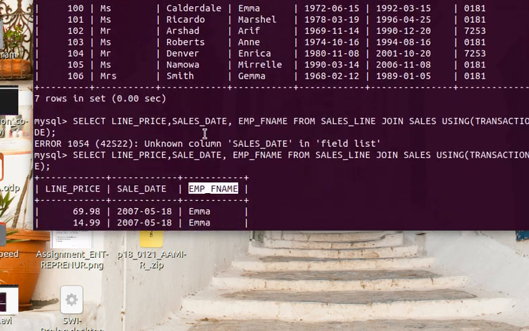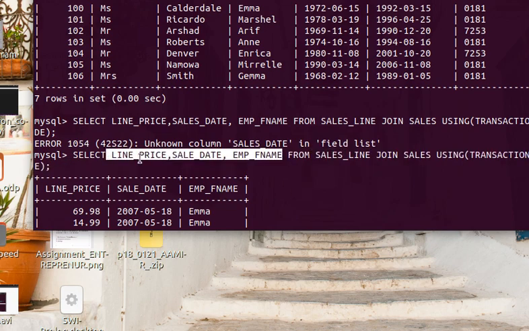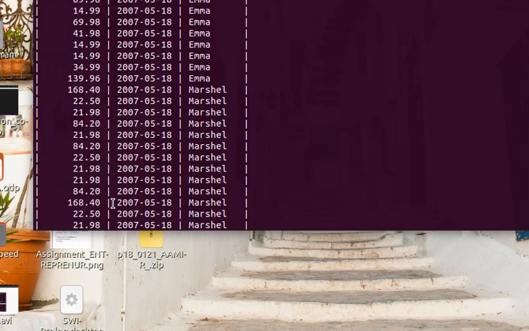What is our query? I will explain this. So select line price. This line price is from one table, sales date is from another, and employee first name is from another. First we show this line so it will fetch that data in this format.